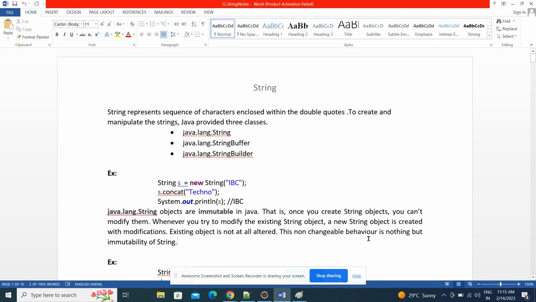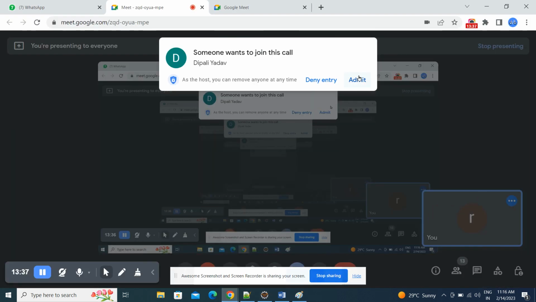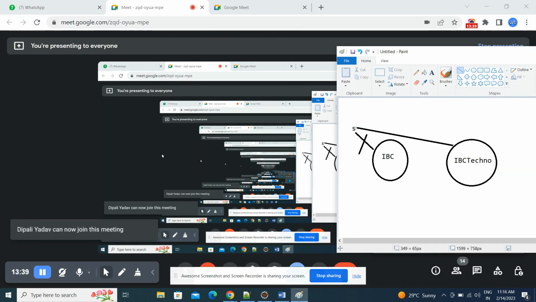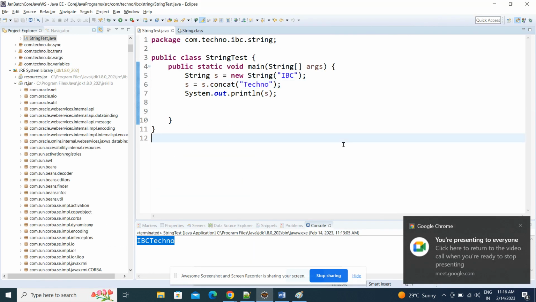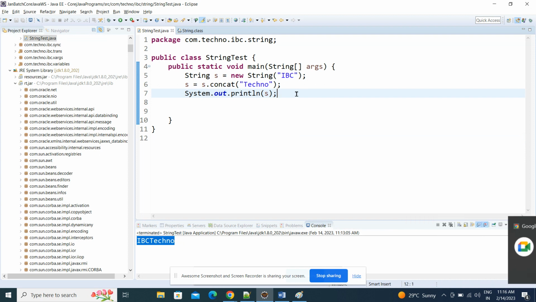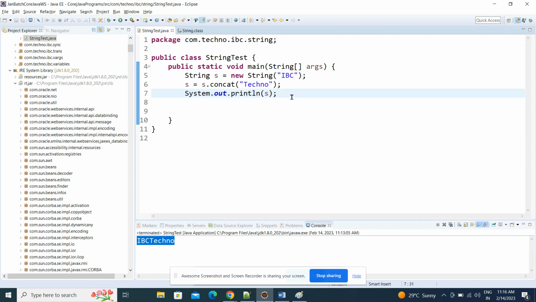Now there are two other classes also, right? I told you there are other two classes. Let's take one more example and then we'll see. Before going to StringBuffer and StringBuilder,